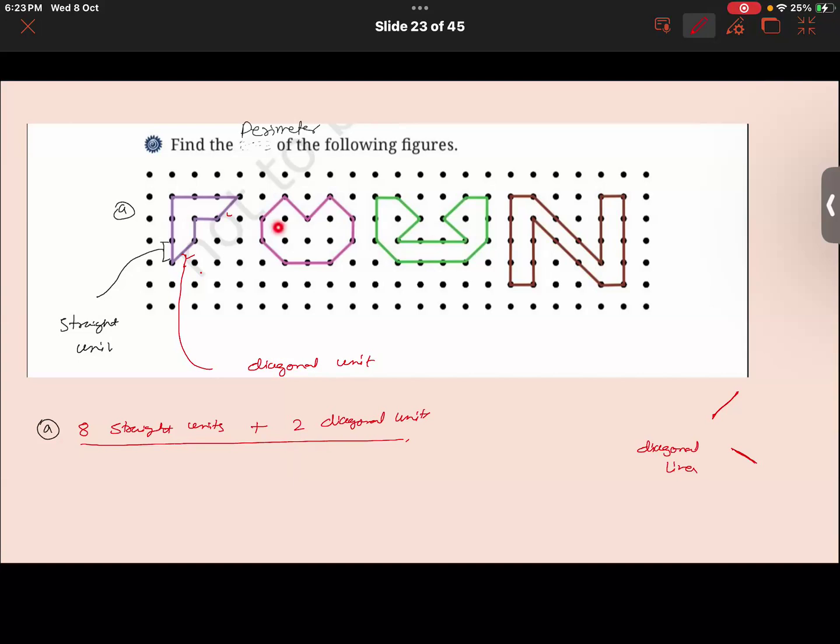These figures which we're discussing here have lines of two different unit lengths. The total are 12 and